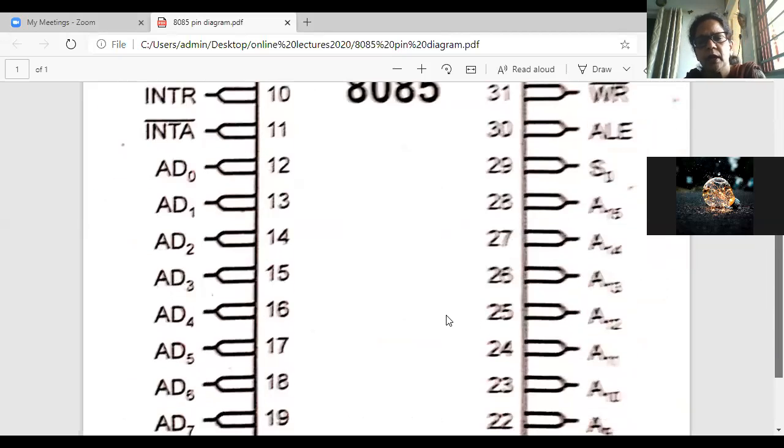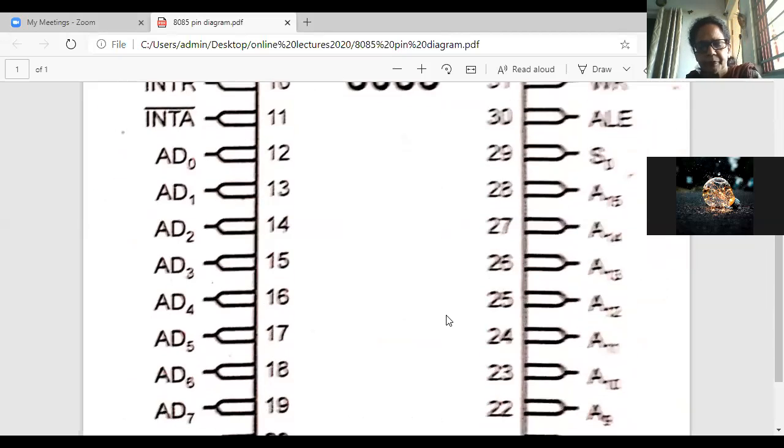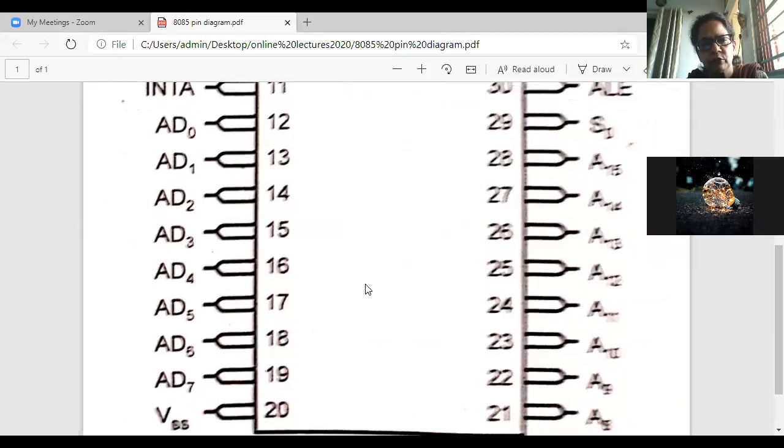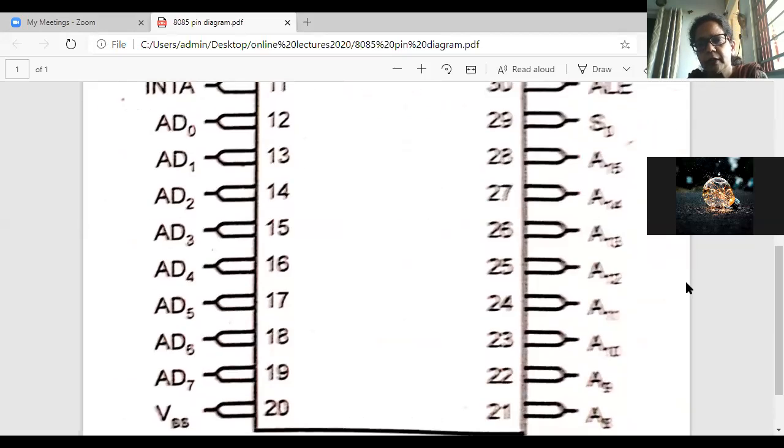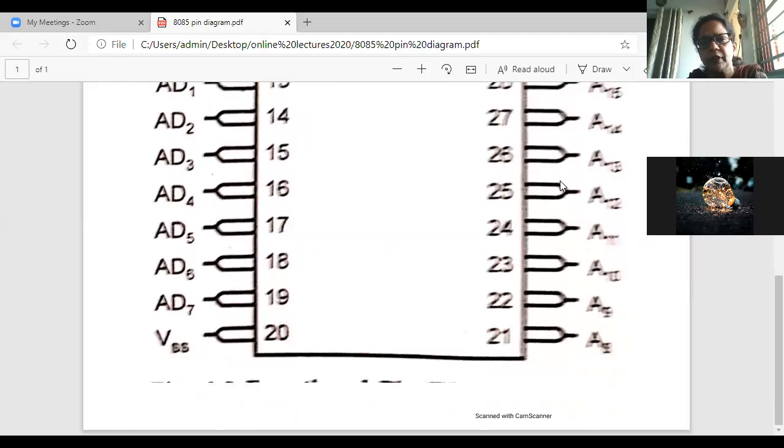Again, I am telling you, I have sent the notes on your mail about the pin diagrams, IO mapped IO scheme, as well as the addressing modes. So please go through this. The data transfer group instructions, arithmetic instructions, logical instructions, I have already sent. Branching instructions I have to send. बाकी सगळं मी तुम्हाला नॉट ग्रुप मध्ये, सॉरी, मेलवर.